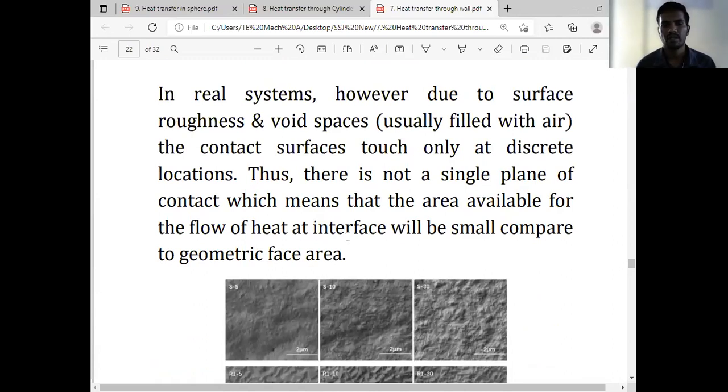In real systems, however, due to surface roughness and void spaces usually filled with air,